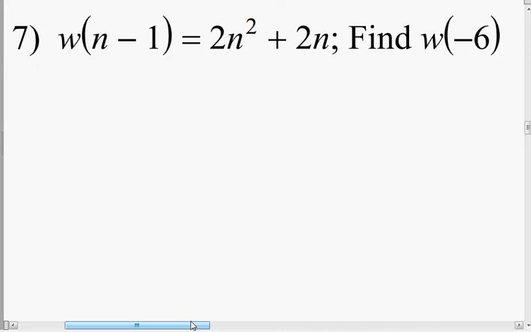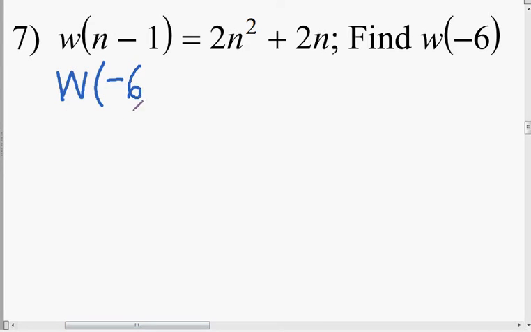W of n minus 1. So W is a function of n minus 1. It's not a function of n. Fundamentally, it is a function of n, and we could find that function, W of n, but we really don't need to do that to solve this problem. We need W of